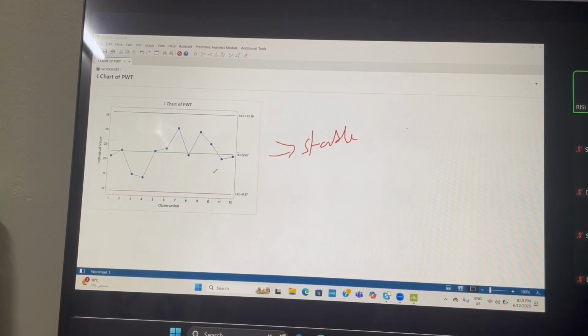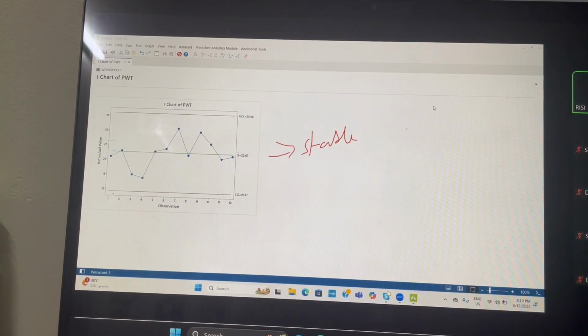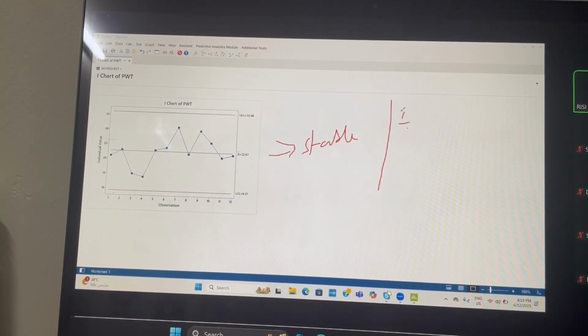So if it is stable, first we should develop an internal threshold, correct? Before going to process capability analysis, first we should develop an internal threshold. How to develop an internal threshold? There is a formula for internal threshold. Internal threshold is equal to,